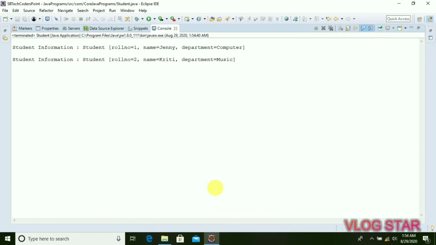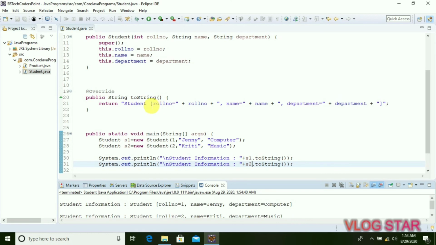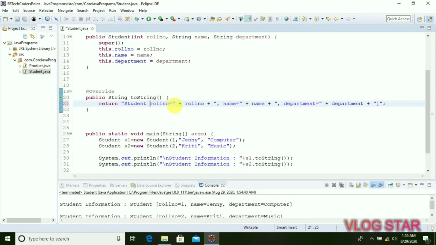Now save program with Ctrl S, go here and run program, and we can check output from console. So this is the information of first student and this is information of second student, and this is default format of toString method. Now we can also change this default format of toString method. So for that, come here. If we don't like this, just change it. Now I don't want equal sign here, and we want it on new line. Here also we can take this name on new line. N is capital. Again we don't want equal sign, and instead we will use colon because it looks nice. Again department, we want it on new line, and we don't want this bracket, so cut it.